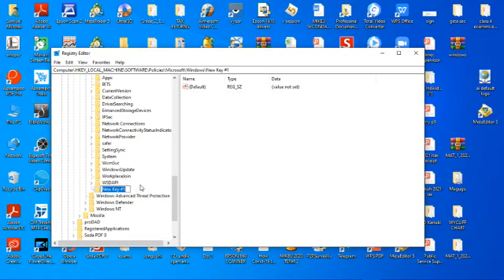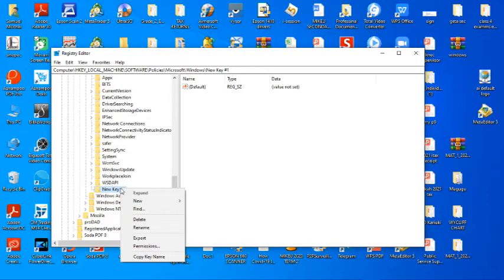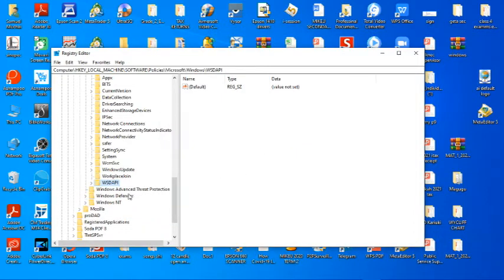But in this case, we have a WindowsUpdate folder already, so it is in the areas where you have no WindowsUpdate folder. And remember, we are editing the registry, so you should be very careful. Then we are going to delete that one because already the WindowsUpdate folder exists. Now, once you have created, or from this WindowsUpdate folder that you already have, and if it wasn't there, you have already created it. Now we are going to right click on it,